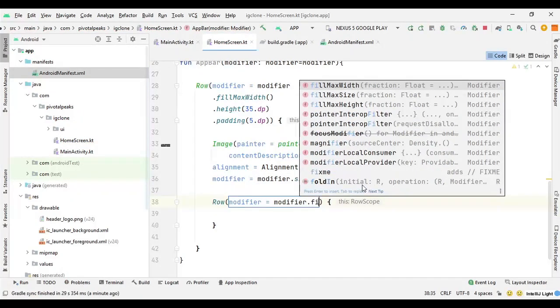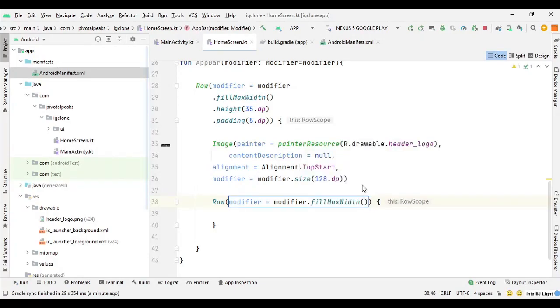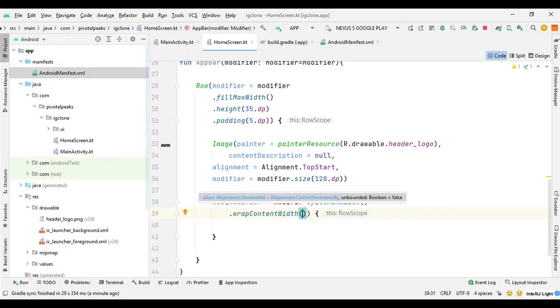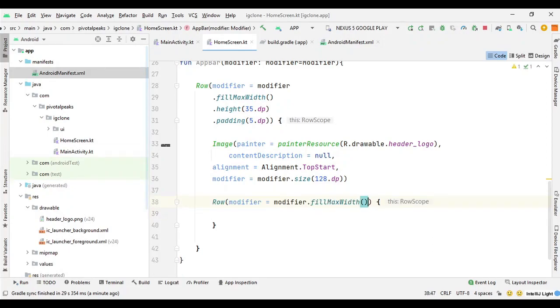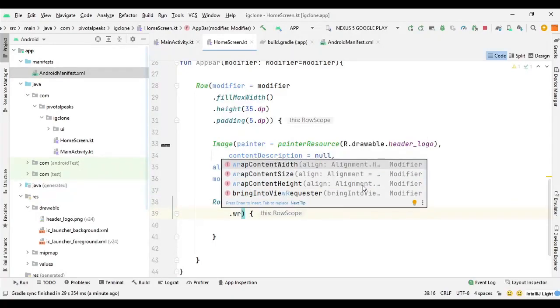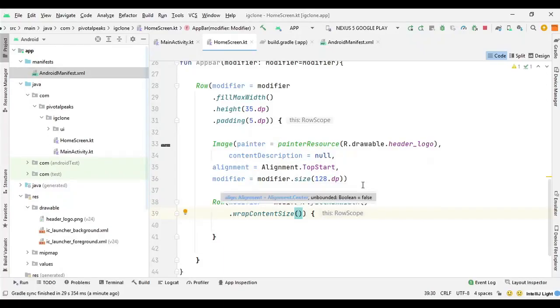fillMaxWidth, and then we can call the wrapContentWidth. So here we will say wrapContentWidth, and then here we can call a function wrapContentSize. So let's call it wrapContentSize, and here actually we can pass an argument for alignment.